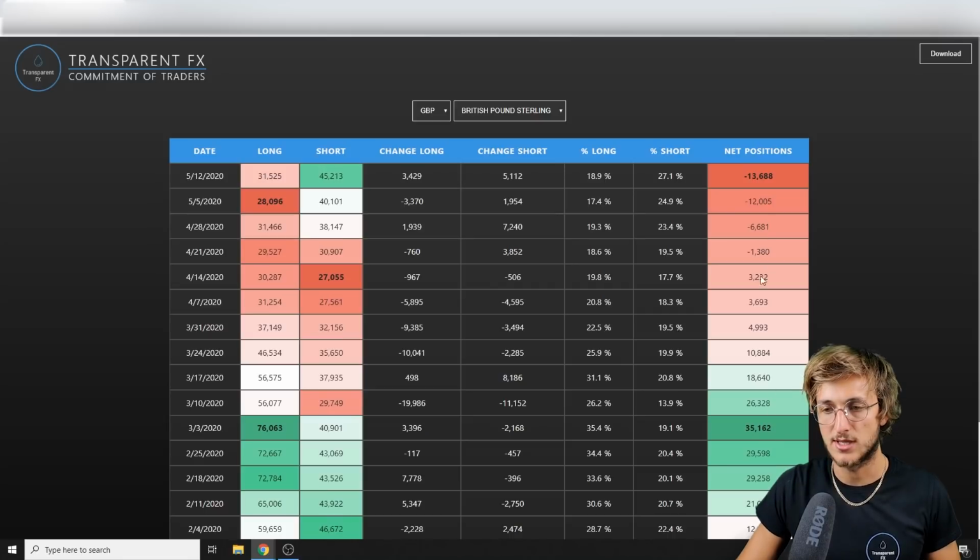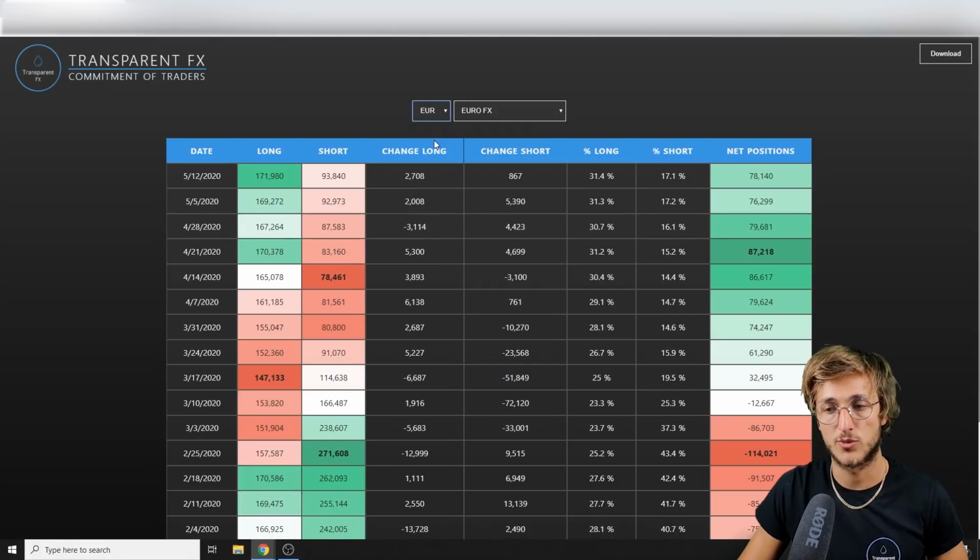So everything, as you can see, was indicating pound weakness. So we wanted to see the market make a move to the upside on Euro GBP, because also from a Euro perspective, what did we have? We clearly could see that we had negative net positions at minus 114k net positions that were building up